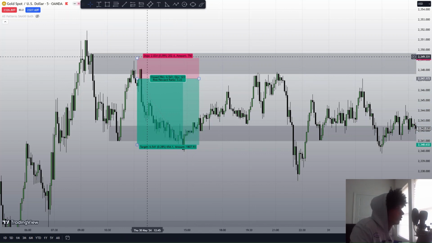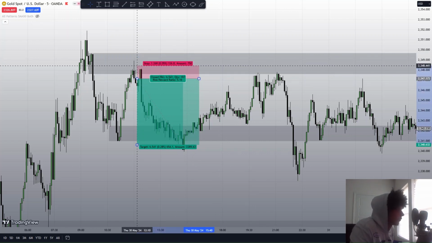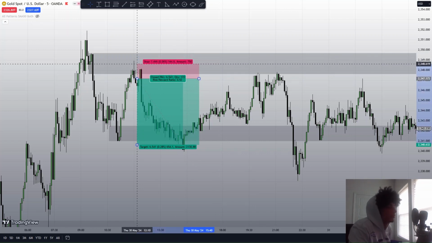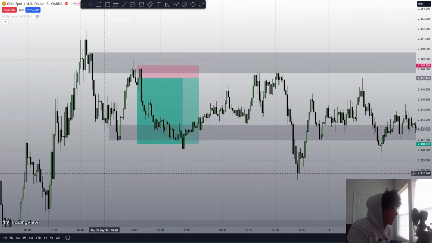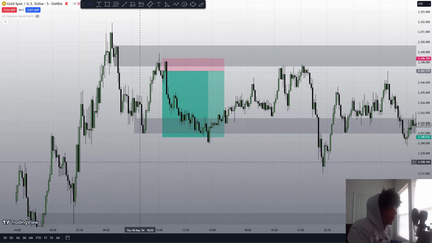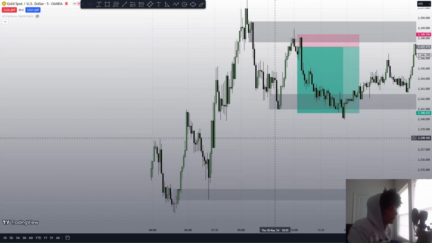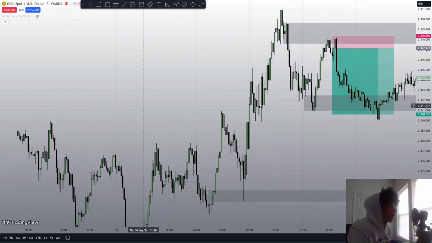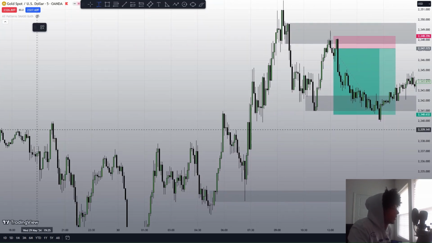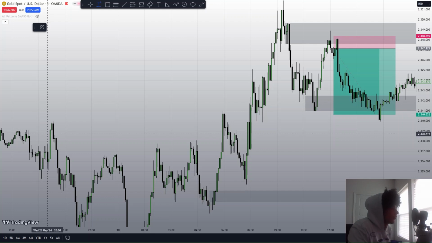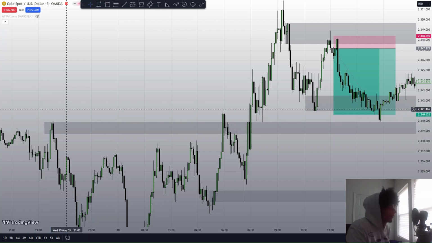And a cool little 1 to 3, somewhere between 1 to 3 and 1 to 5 RR, depending on how you want to put your stop loss. All right. Another area that you could have put it, because from earlier that I had charted up, is right here, which will go into one of the second of three examples